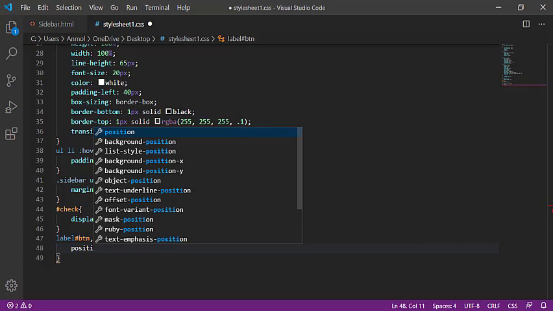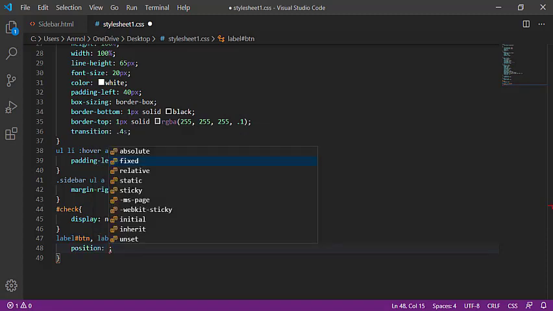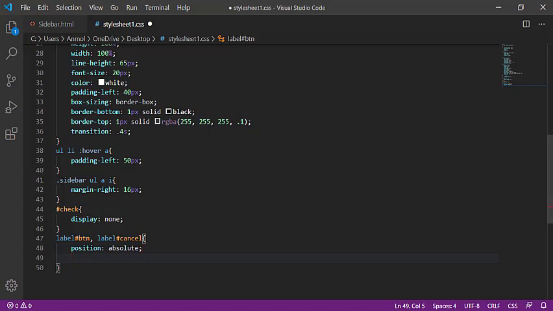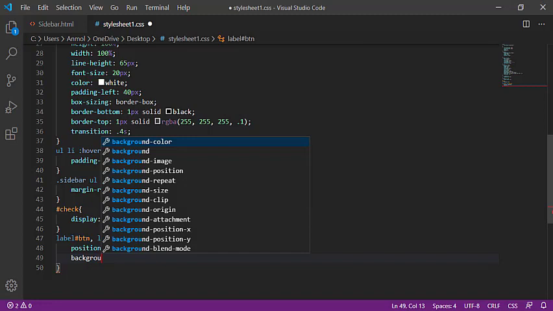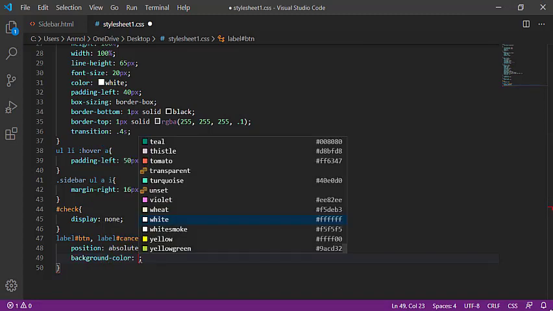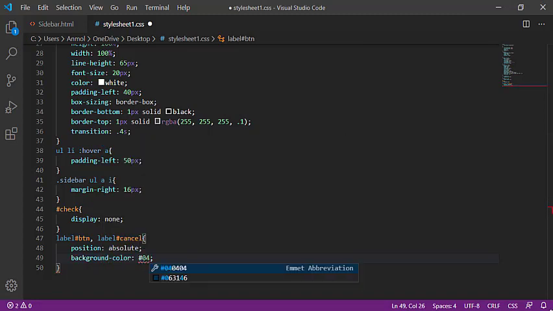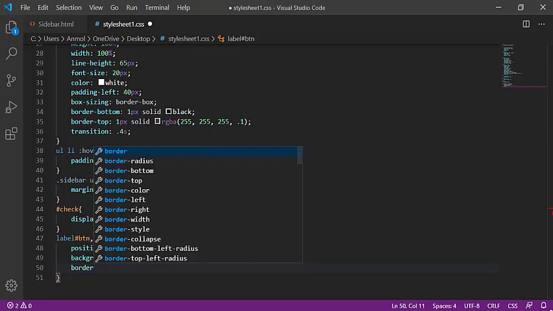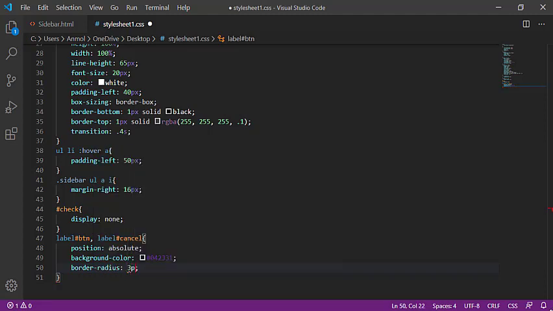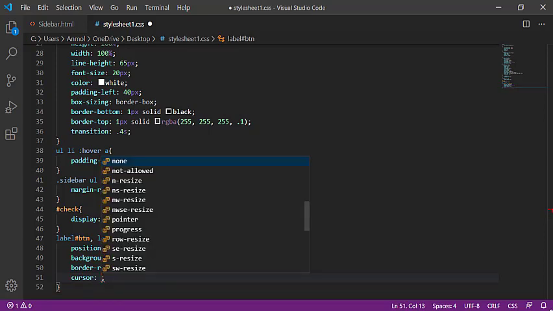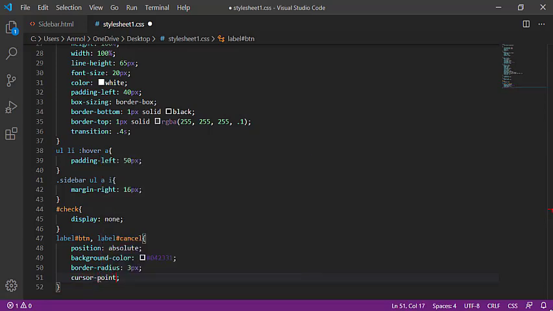Position absolute, background color 042331, giving the border radius 3 pixels for rounded shape, and cursor pointer. I want to show the cursor pointer.